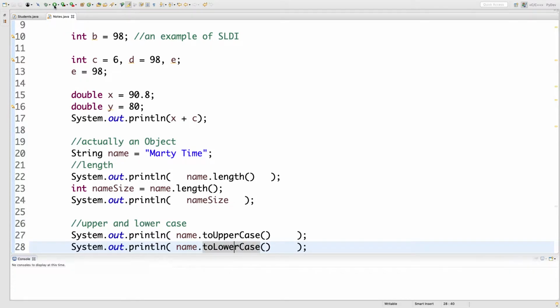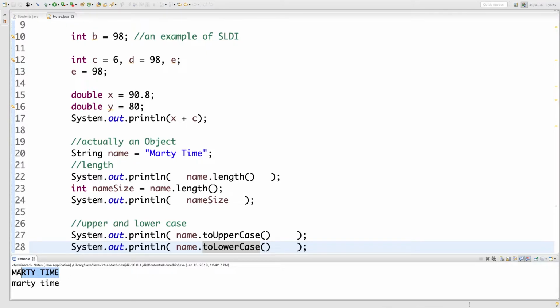So if I run these, I've got Marty time, all in capitals, as it should always be, or Marty lowercase, much smaller,